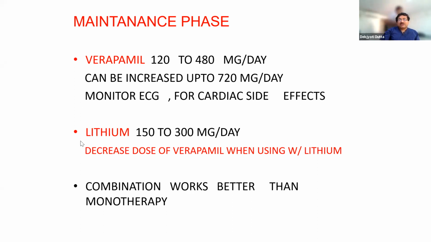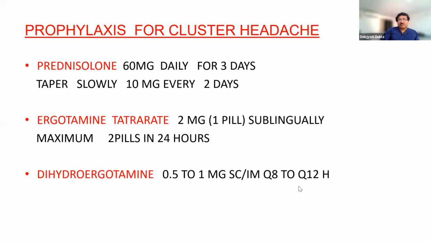Now coming to lithium, I don't think it is used much now, but there were some studies with lithium as well. Nowadays we are not practicing using lithium because the drug has a very poor safety margin. If you give lithium, you need to keep monitoring. In acute phases, steroids are used. Steroids are used quite commonly by neurologists, but remember, the use of steroids in this condition is not evidence based, though it is a common practice everywhere. And combination of drugs works better than monotherapy.